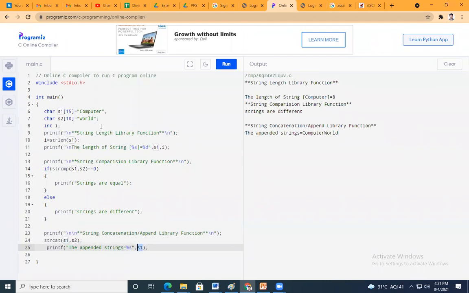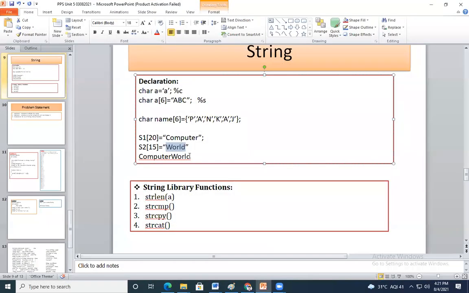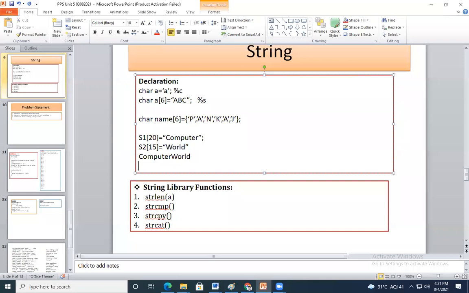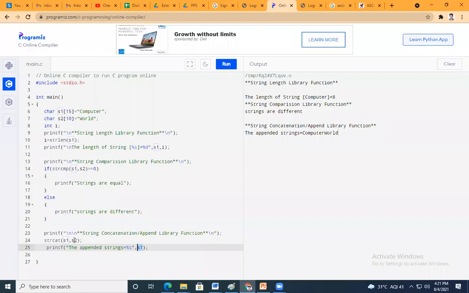Okay, now take the other case. I don't want it this way, computer world. I want to print the result this way, world computer. That means I want to take the second string first and the first string later. So how to do this?